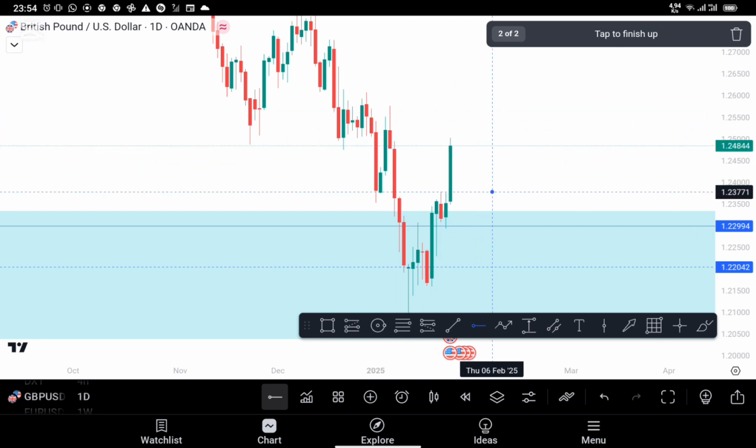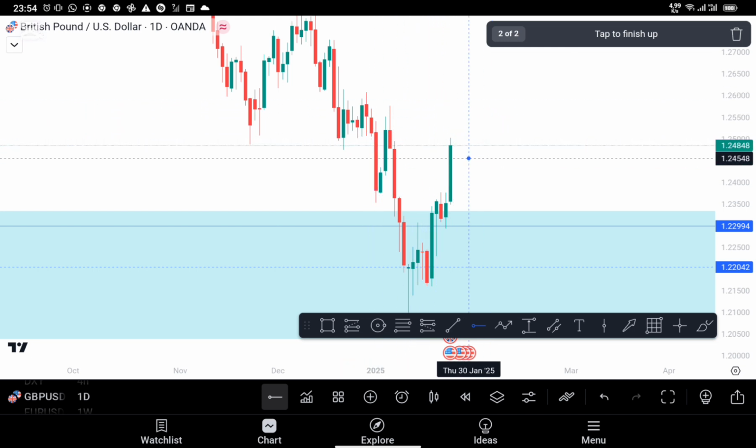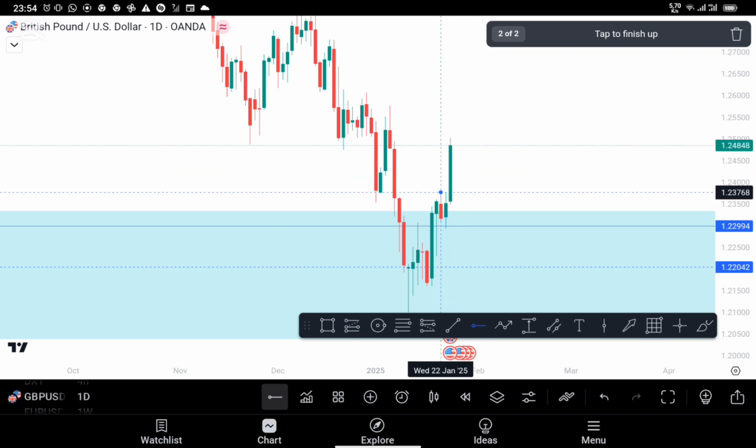For me, that's a high probability support. When we disrespect the gap and we create a gap, we just disrespected a bearish gap, and then we are forming maybe a bullish gap. So that means that area